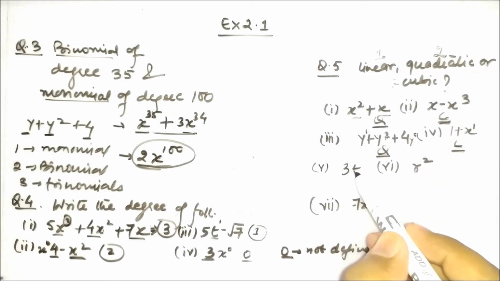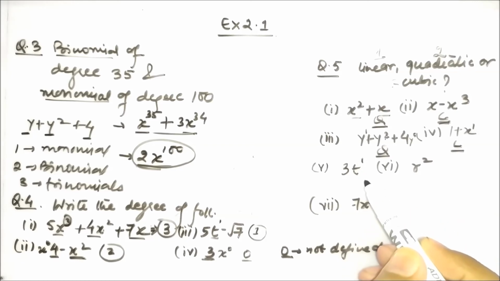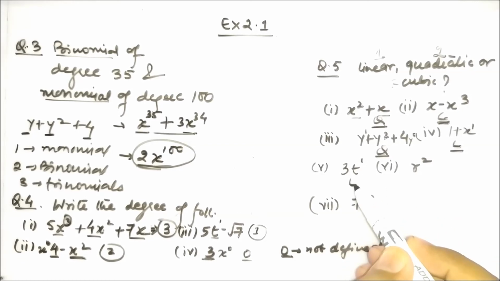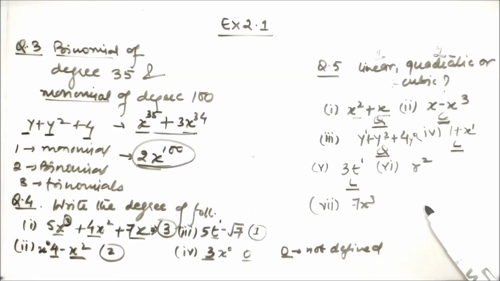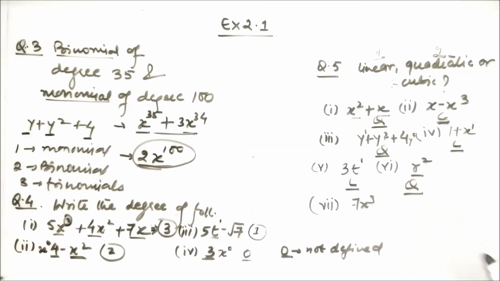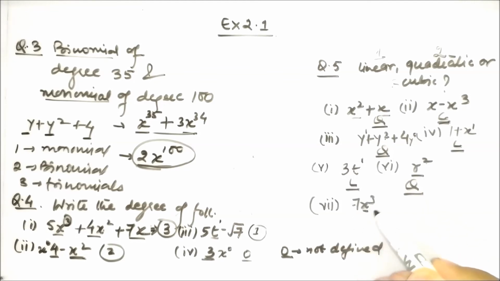The next one, again the highest power of the variable is 1 here. So 1 is the degree of this polynomial and it will also be termed under linear polynomial. Again, coming to this, it is a single term, that is a monomial, and the variable is r having a power of 2. So the degree of this polynomial will become 2. If the degree is 2, it can be termed under quadratic. The last one, the variable is x and it is also a monomial, a single term, having the degree of 3, or you can say the highest power 3. So it is 3, then it can be termed under cubic polynomial.